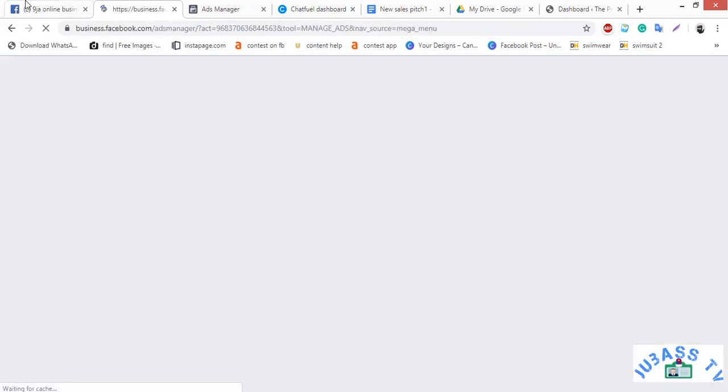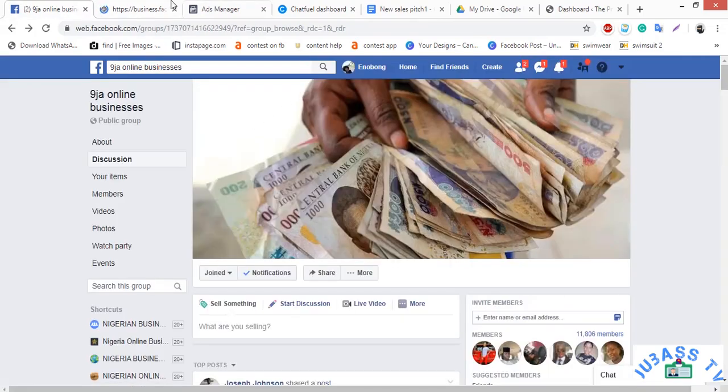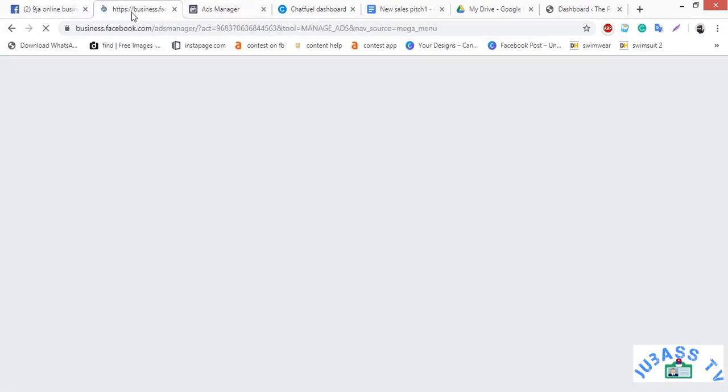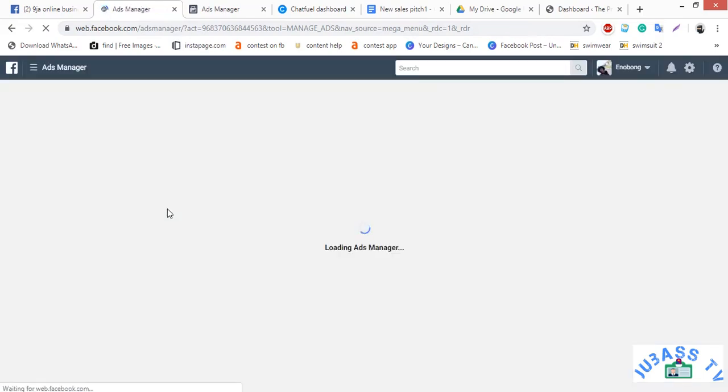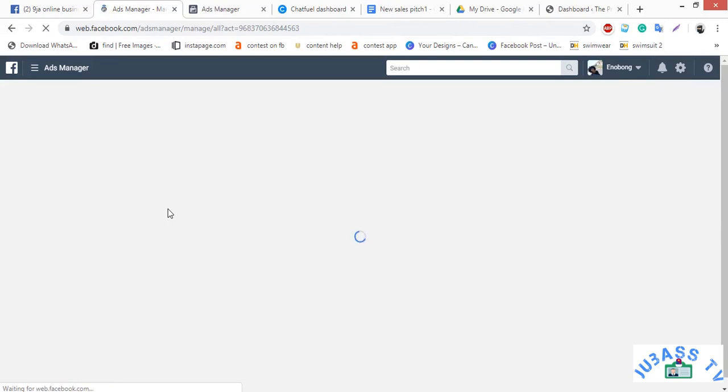Since I've already opened it, it makes no sense for me to reopen it again. So it will take you to ads manager, and how to get to your ads manager, for people who are phone users, is to simply type business.facebook.com/ads manager. When you type that, it will come up like this.